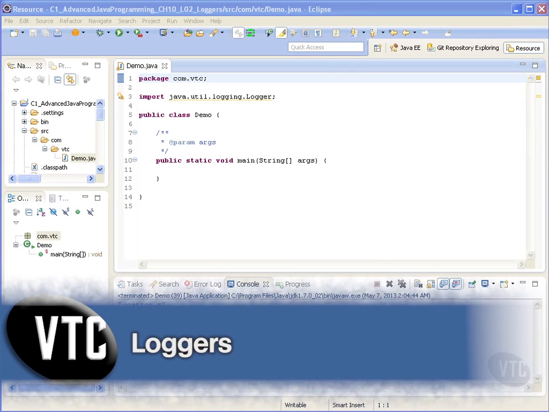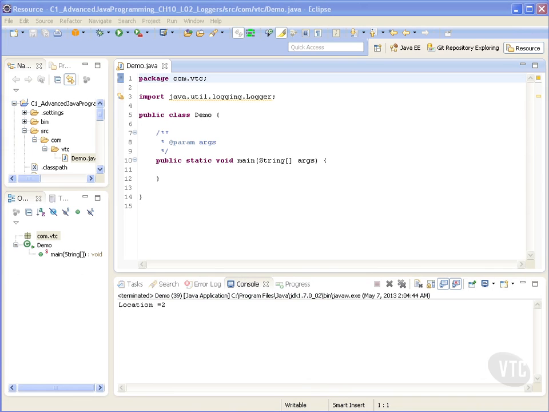In this video, we will introduce loggers within the Java programming language. The Java Logging API allows you to save text to a central place to report on errors, provide additional information about your program, etc. This logging API allows you to configure how messages are written by which class with which